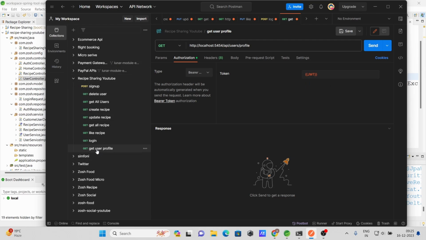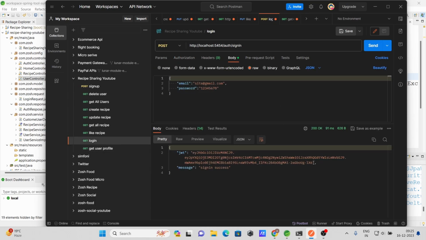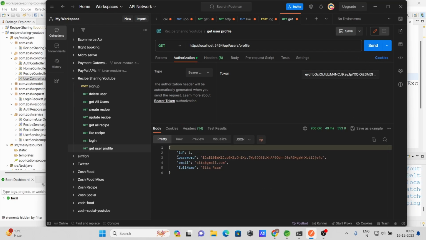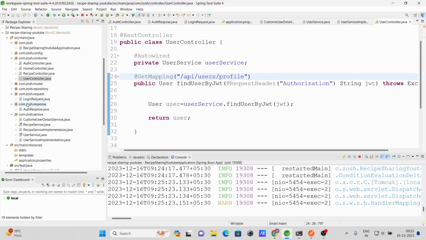So where does this token come from? Inside the login method, let me copy this token, and let's go to get user profile and select all, and here I will give my token. When I send it, you can see it's able to give me the password. But there is one problem. I don't want this password here. I want only email, full name and user, because of course, guys, on the client side we are not exposing our password. So what we need to do is, let's go to our user model,